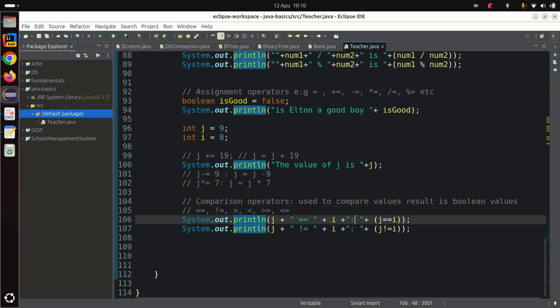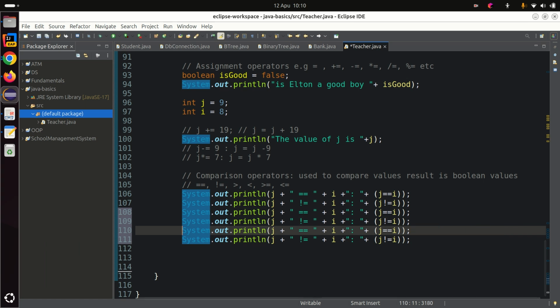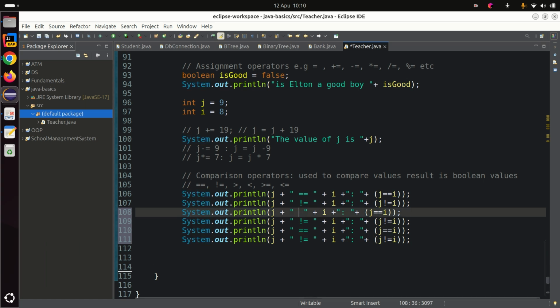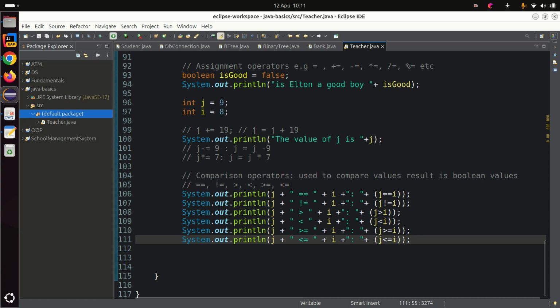We can do them at once anyway. I will copy this, paste that, okay. So the next one is greater. Then here I put greater. Next I put less than. Then here I put less than. Here I put greater or equal. Here I put less or equal. Here I put greater or equal. Here I put less or equal. What else have I missed out? I believe it's that. Now we shall run and see